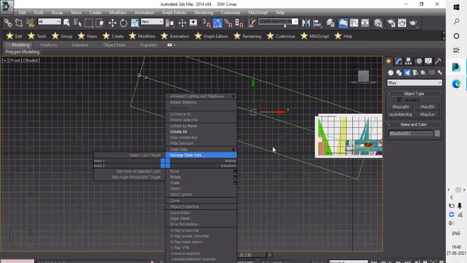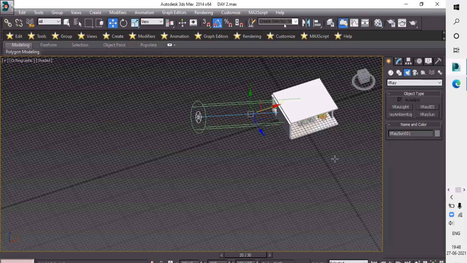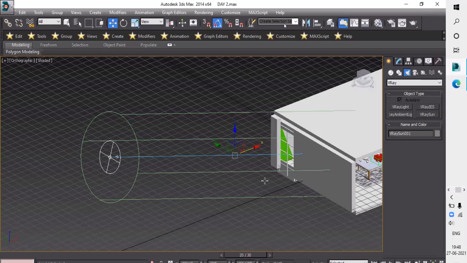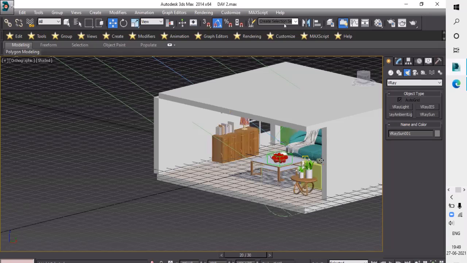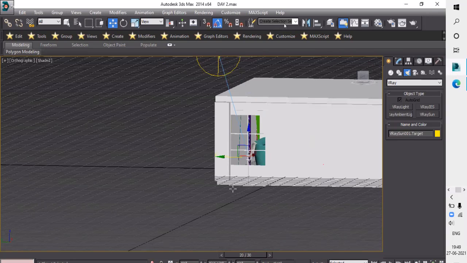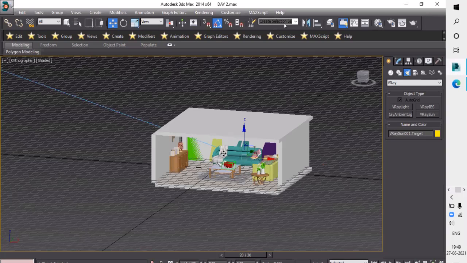This is your sun actually, and if you look, it will fall on your wall. But sunlight will not transfer into the window, so I will select this part and move it to the window and place it on our sofa here.